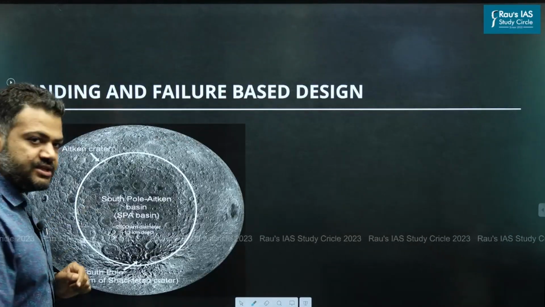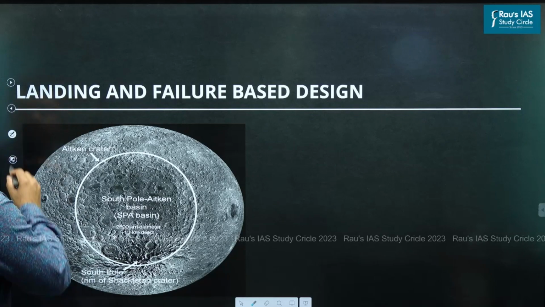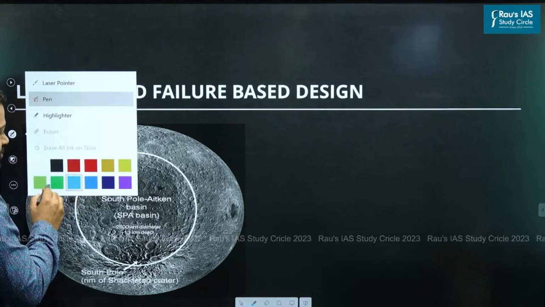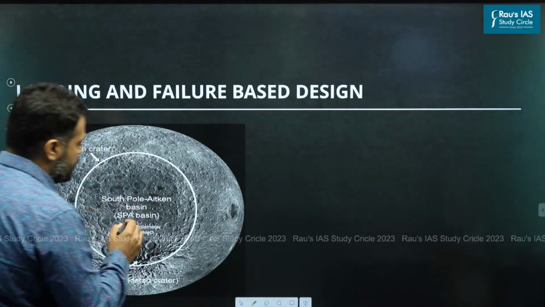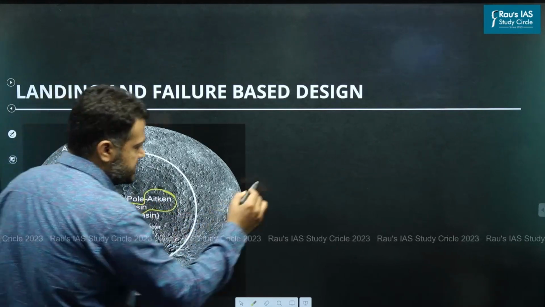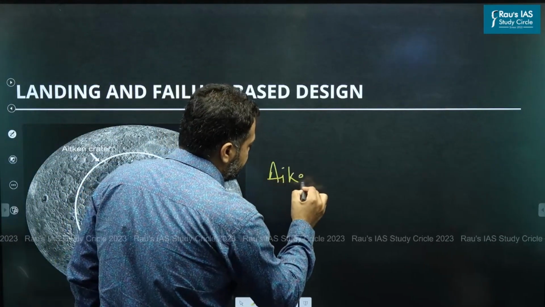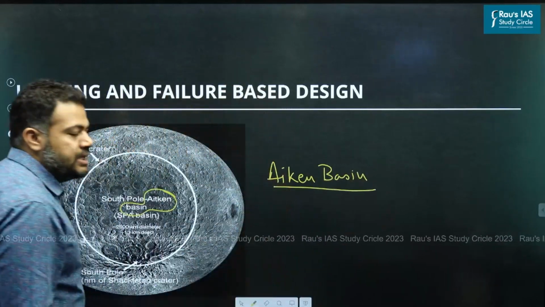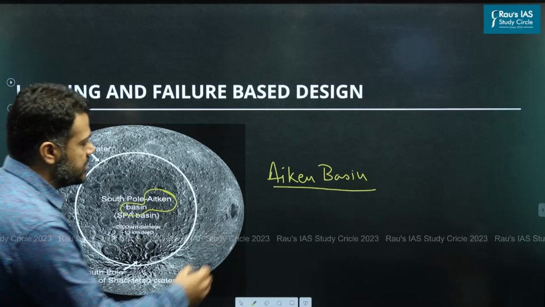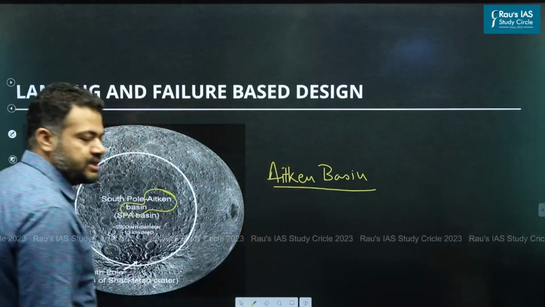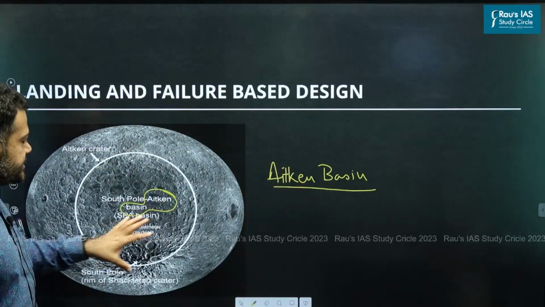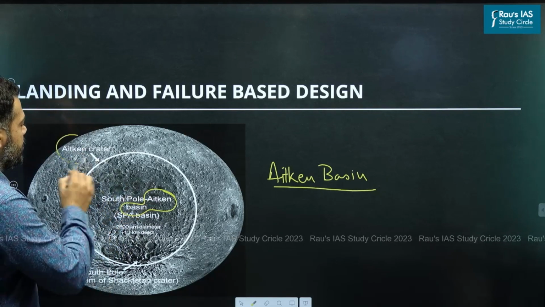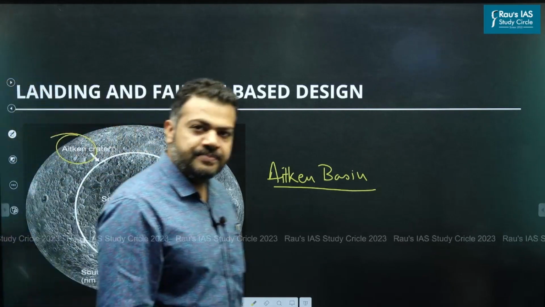So where exactly was the Chandrayaan landed? You guys know we call it the south pole of the moon, but in technical terms it is called the Atkin Basin, guys. Atkin Basin is basically the location where the south pole of the moon is located. Now this Atkin Basin is a place which comes somewhere close to the Atkin crater, and